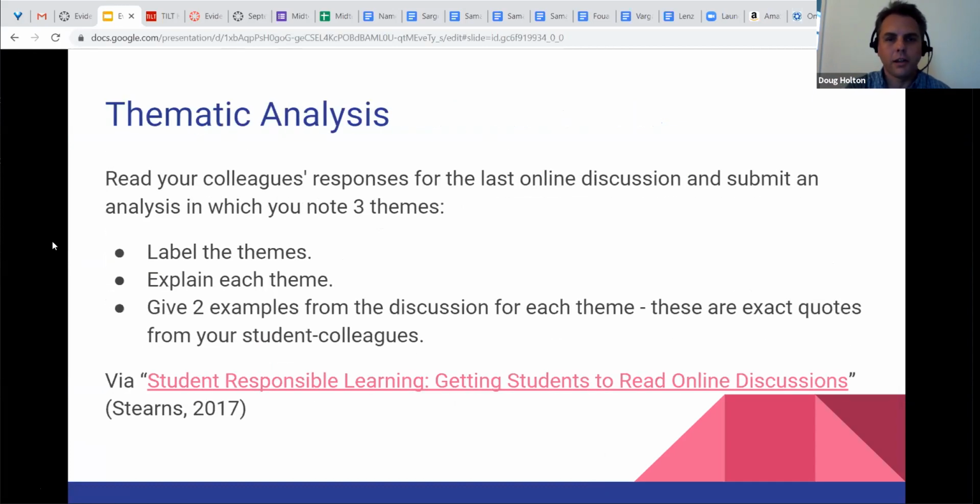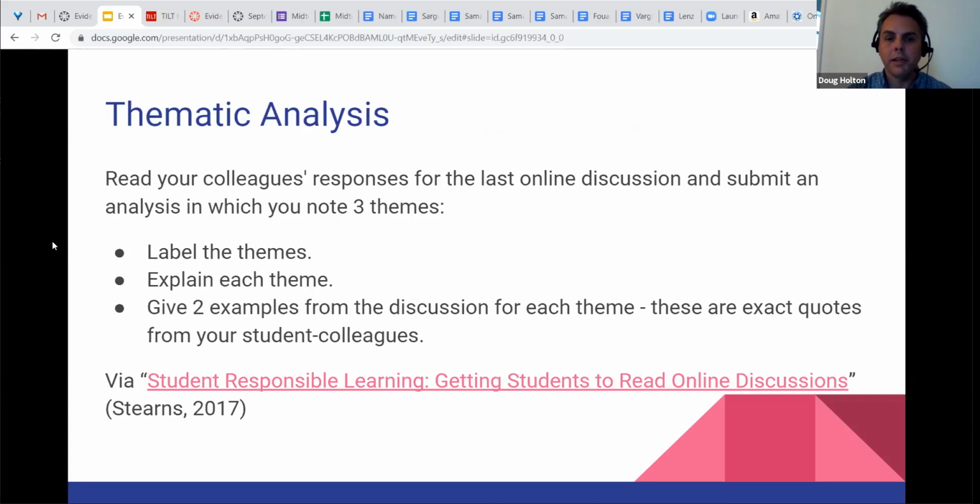Another example that was kind of cool, I ran across a research article on a technique called thematic analysis. One big problem with discussion boards is students will post and maybe even reply to another student. You can require one reply, two replies, whatever, but then you kind of move on and it's kind of forgotten, right? So this person, Stearns,